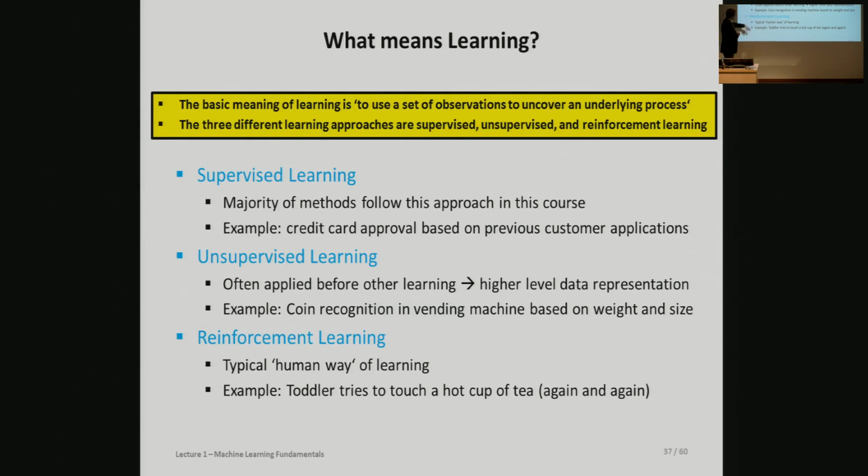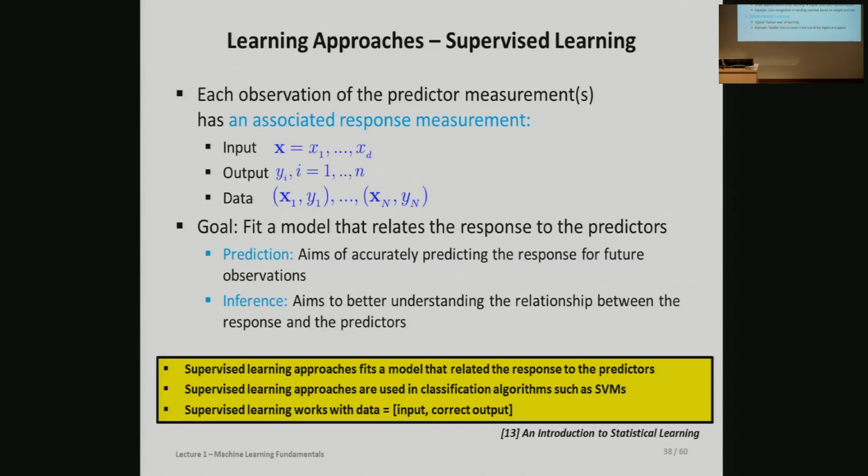The third one here is something which I don't really focus on in this tutorial. It's mostly known from gaming. The best backgammon player in the world, I think, is a kind of neural network that learned a little bit with reinforcement learning and so on. So it's really something that always gets some kind of helping input, but not really a concrete label. It's more of a grading of the input. We talk about these three just briefly, to understand what we mean with these different fields.